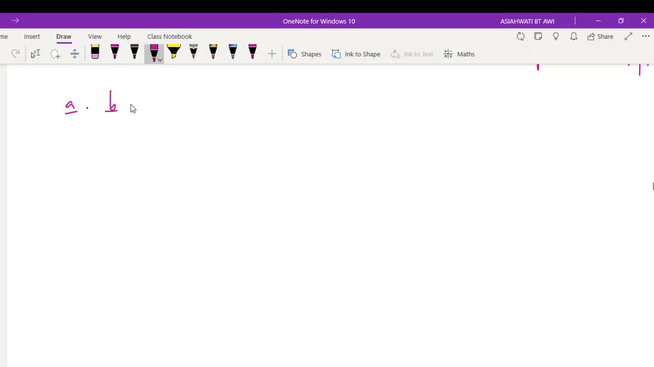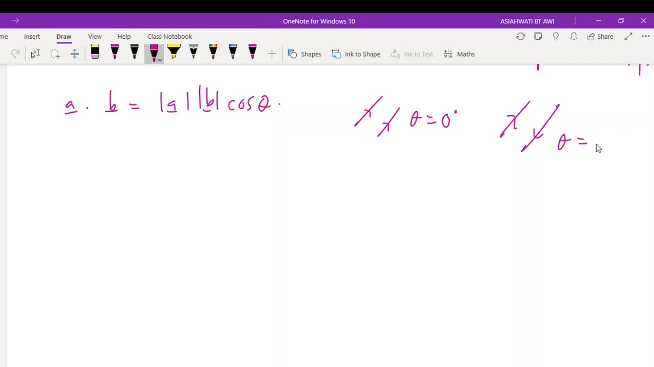A dot B is equal to modulus A modulus B cos theta. Parallel in the same direction, theta is equal to 0 degrees. Parallel in the opposite direction, theta is equal to 180. Then it means that you need to show